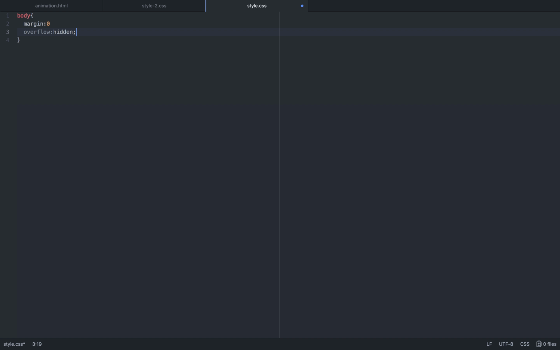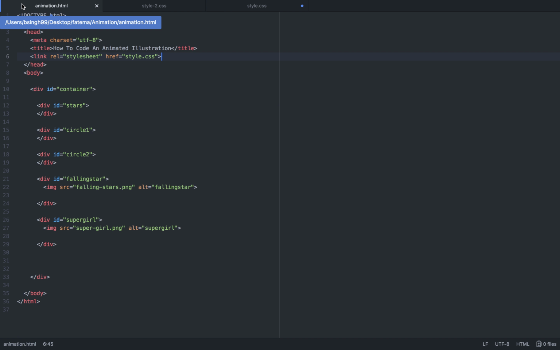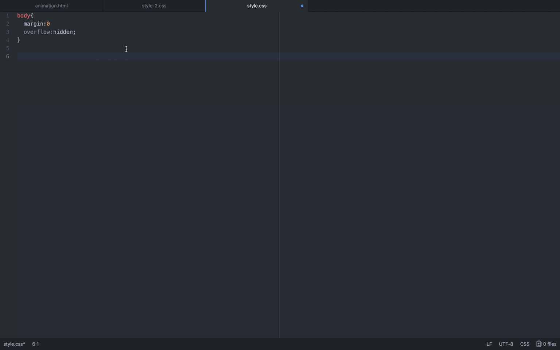So basically overflow hidden is to hide the scroller that is a default thing in every browser. Then, supposing a div ID is of a container, every ID will now be named as a hashtag container